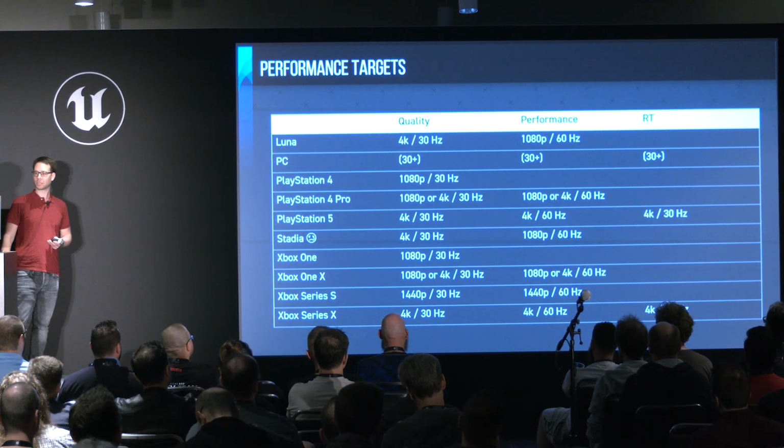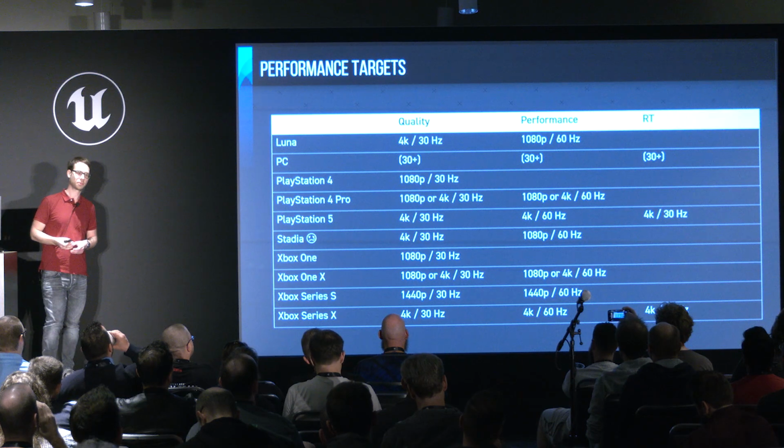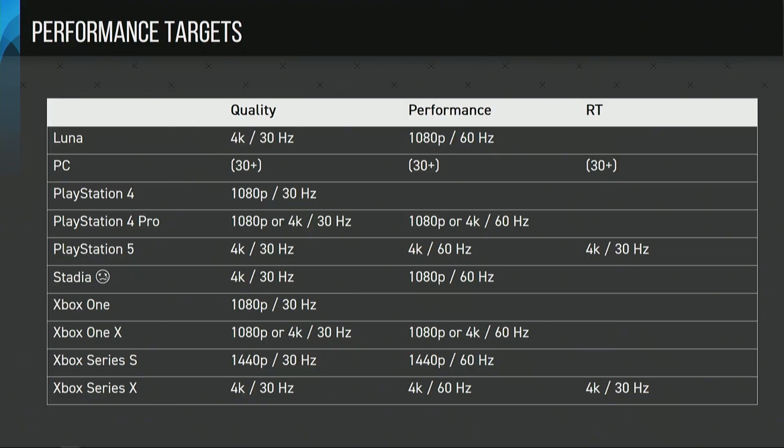All right, so as an overview, here you have all our target platforms, and you can also see that we have different performance modes for each platform. So we have a quality mode where we have a lower frame rate, higher resolution, higher quality settings, but we also have the performance mode where we have higher frame rate, potentially lower resolution, potentially lower quality settings. Where the hardware supports it, we also have ray traced reflections in the game, and these, of course, also have different performance characteristics after all.